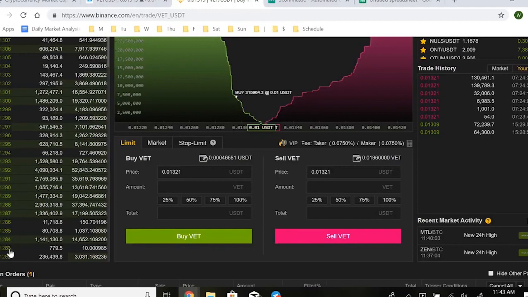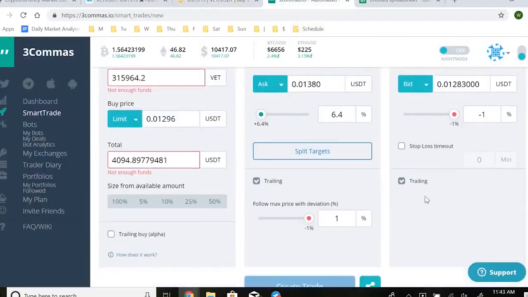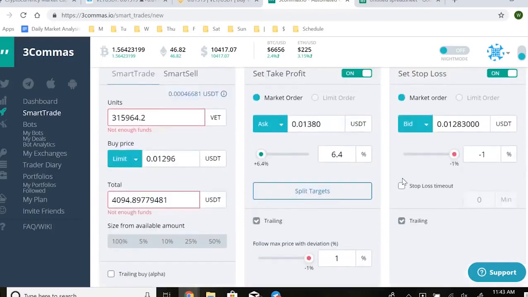So 1283 would actually be down here under all these buy orders, which is great. So I have that set, and then I'm actually going to select trailing stop loss. This is something you cannot do with Binance, but is really needed, honestly. 3Commas does a great thing, allows you to do a trailing stop loss, which is basically going to